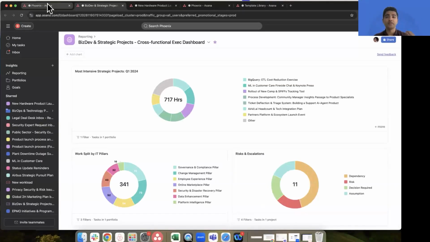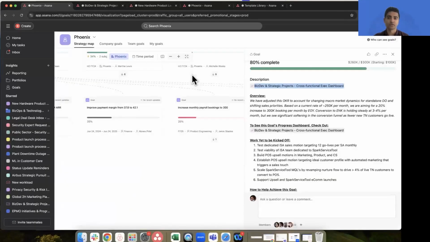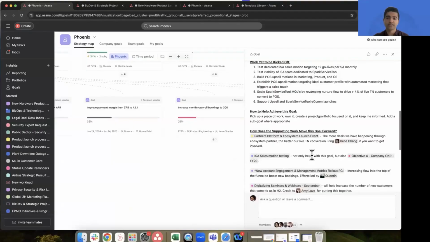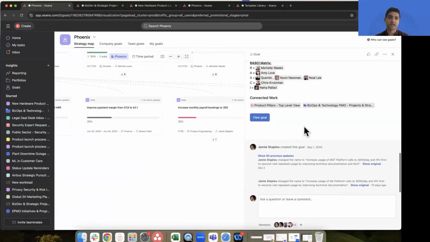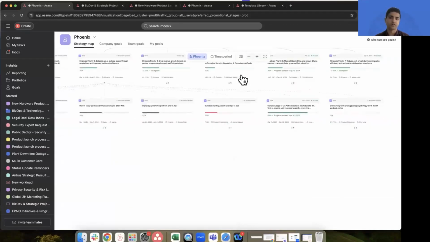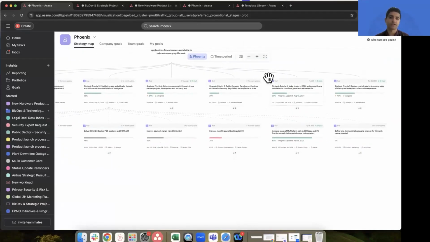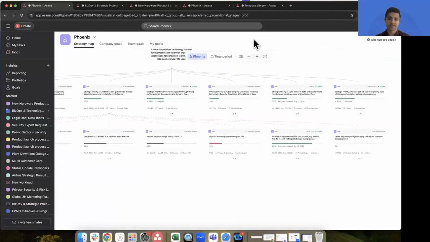We can now see a living, breathing, always up to date visual of how everything is going. This is how Asana has made goal and OKR management much easier to do at companies of all shapes and sizes.